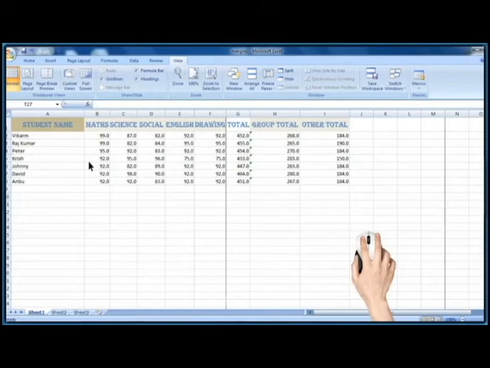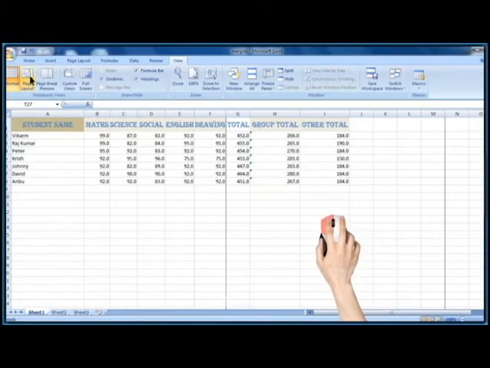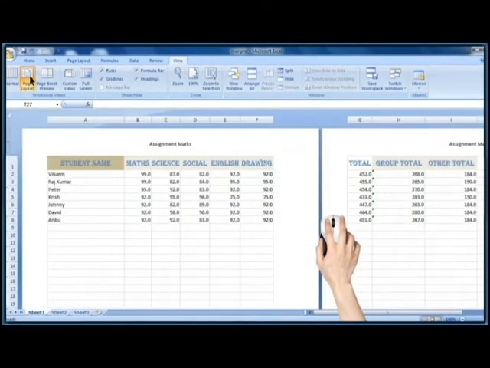This is the normal view and this is page layout view. Page layout view is useful to set the margins for the page. Page margins are the blank space around the edge of the page. I am going to show you how to set the page margin.